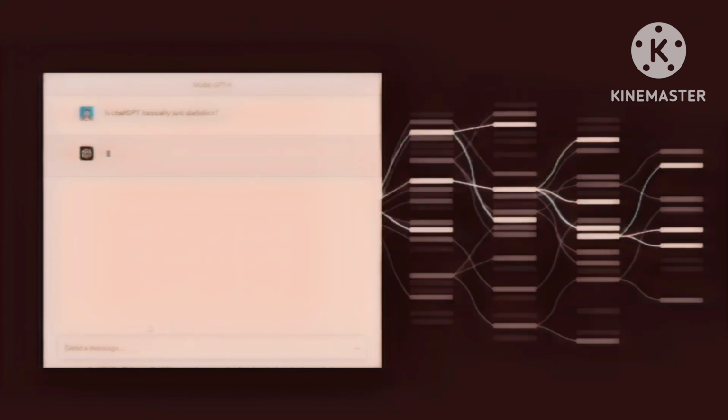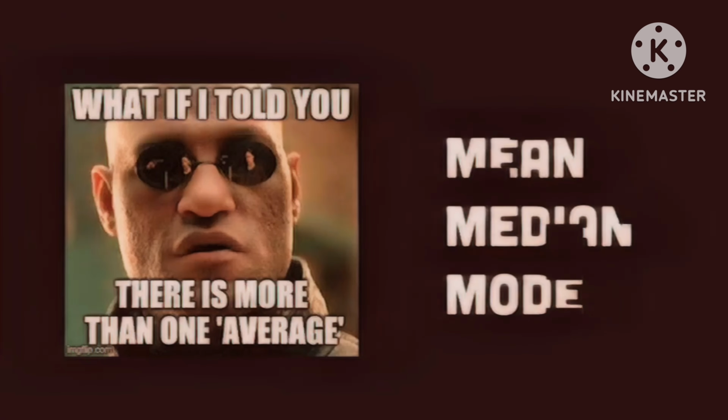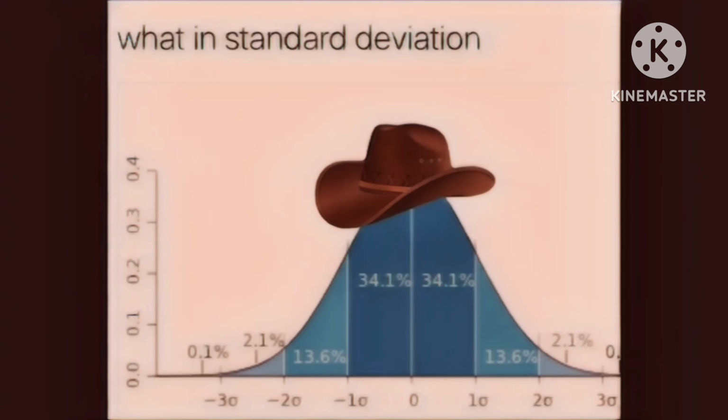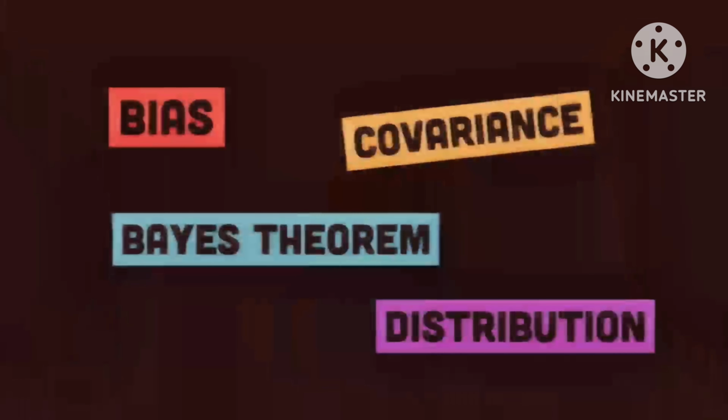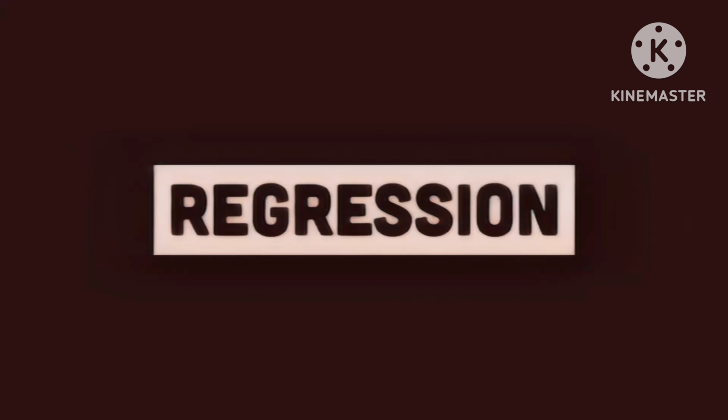Like when you type into ChatGPT, it generates a response based on the probability that it fits the prompt provided by the user. At the very least, you should understand mean, median, and mode, and how standard deviation indicates how close values in a set are correlated to the mean. There's a ton to learn beyond that, but what I found especially useful is the difference between linear regression and